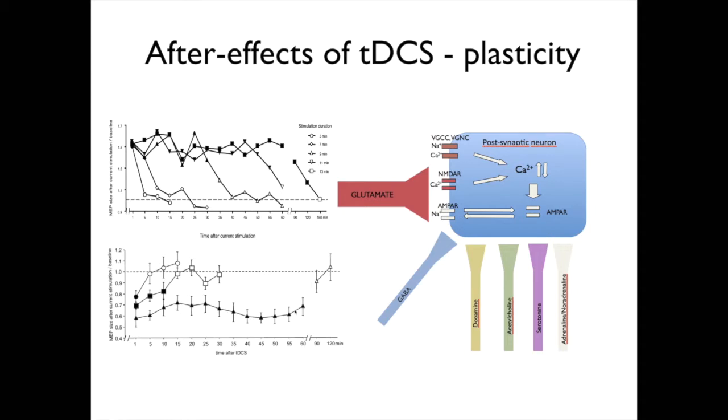With respect to mechanisms, we speculated that this might be glutamatergic plasticity, from which we know that depolarization of neuronal membranes activates NMDA receptors, which are then furthermore activated, of course, via glutamate release, and this enhances calcium concentration in your neurons. Dependent on the amount of calcium concentration, this results in insertion or removal of AMPA receptors to or